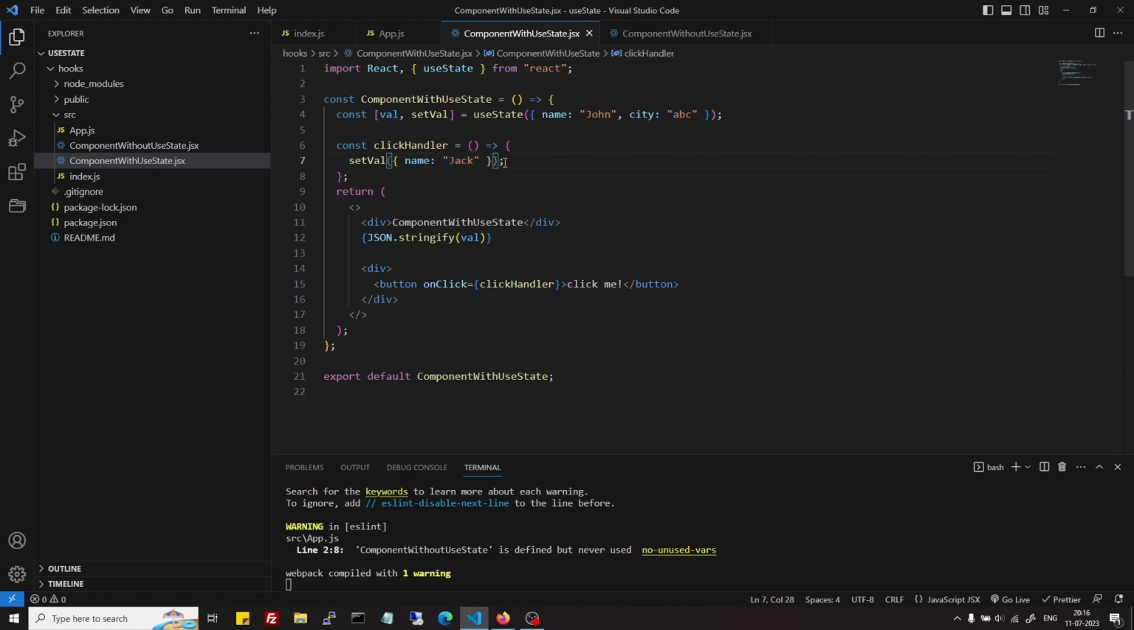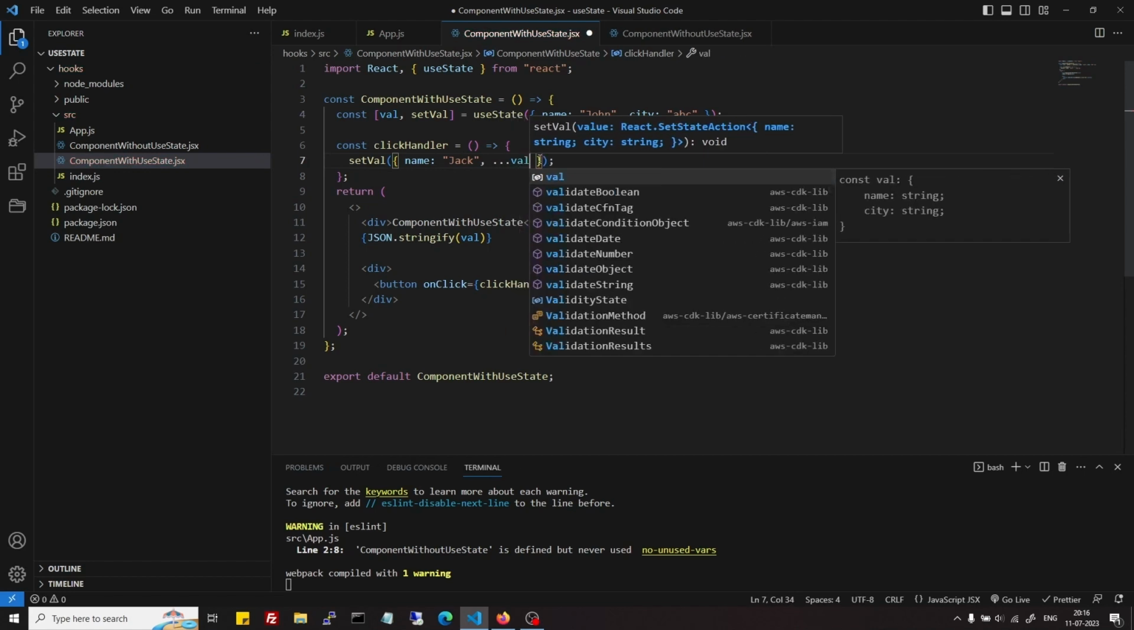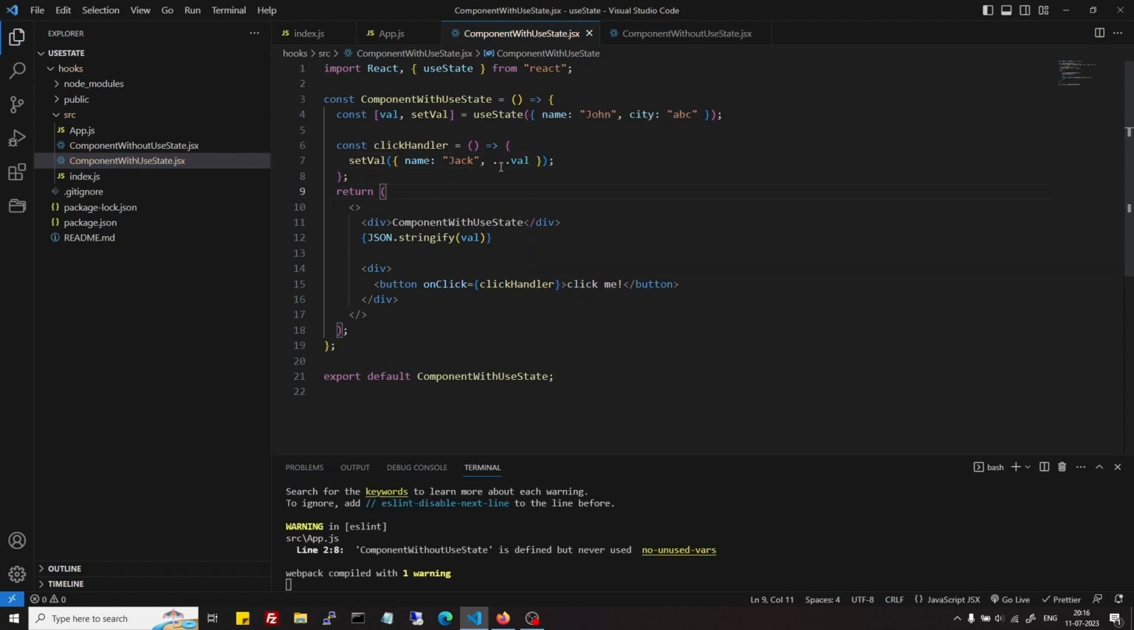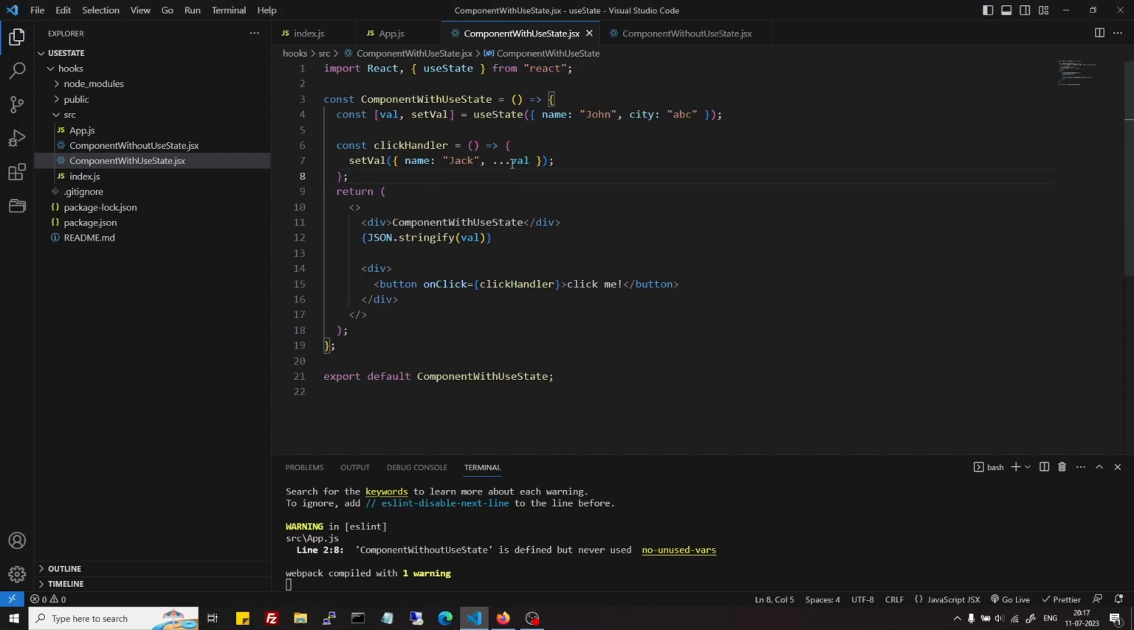So what we can do here is that we can restructure maybe. Well, so what will it do? Let's see. I think it will not work. It's not working because first, before that, I will just destructure val, and